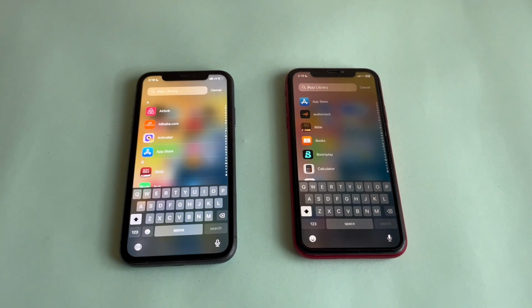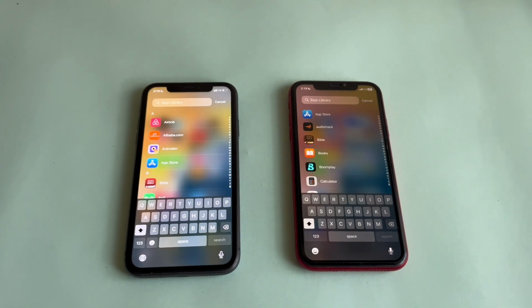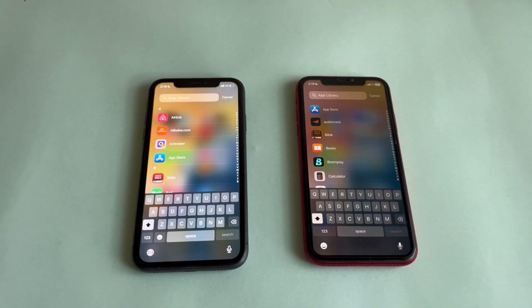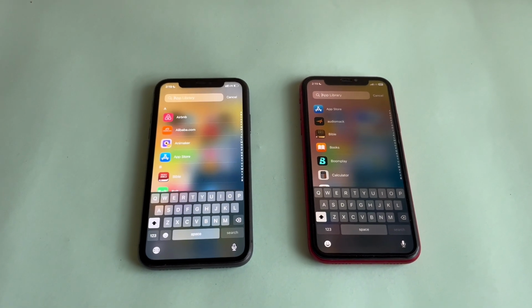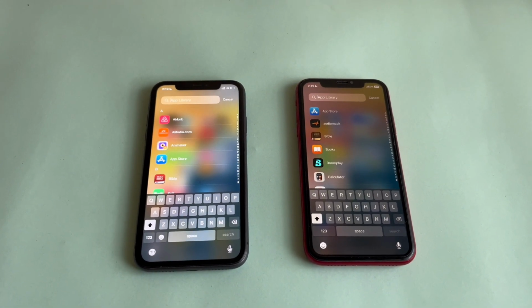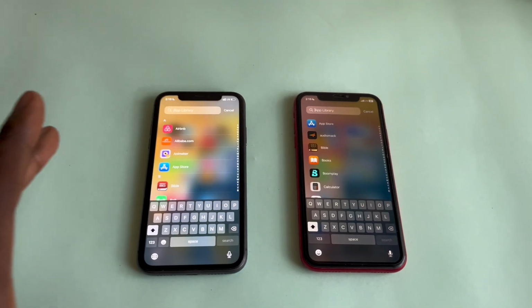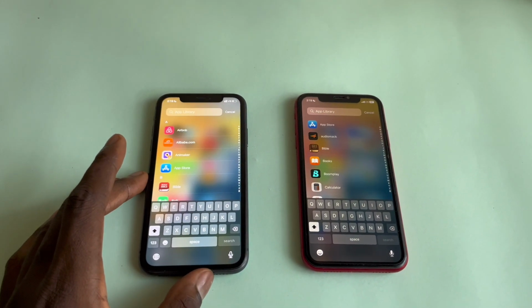Hello everyone. In this video I'm going to be showing you how to track your iPhone in case it gets stolen, and a few settings to make on your phone to make it easier for you to track it in the future. Alright, this is going to be our missing phone,